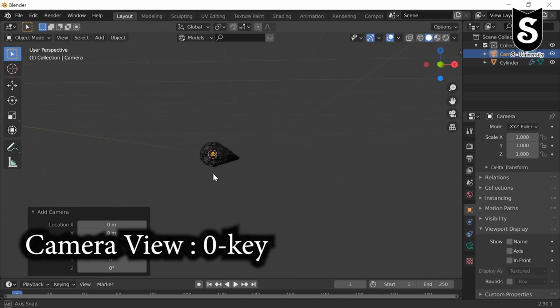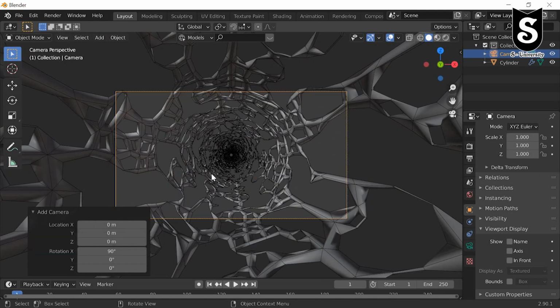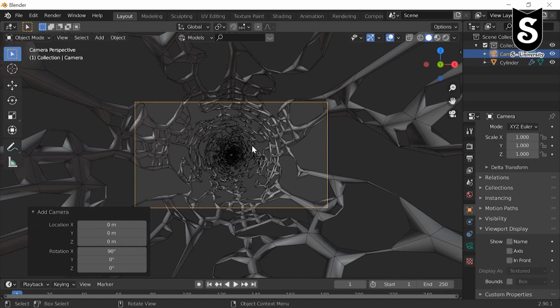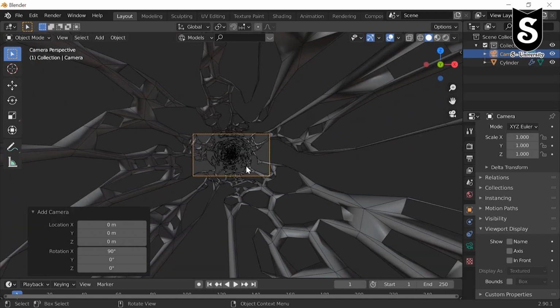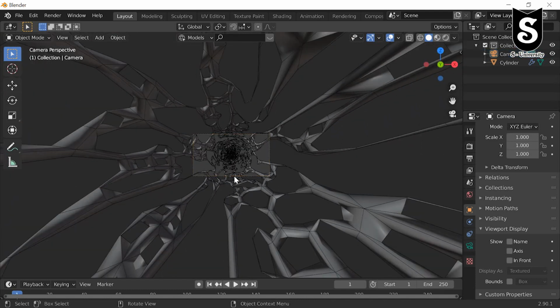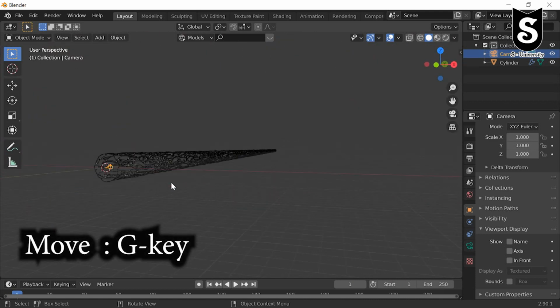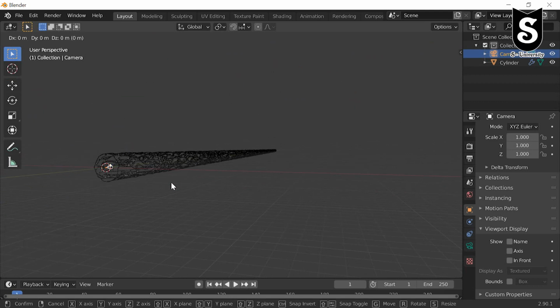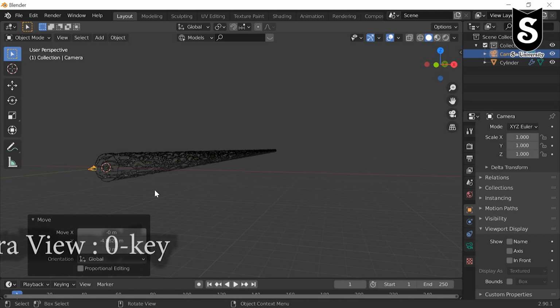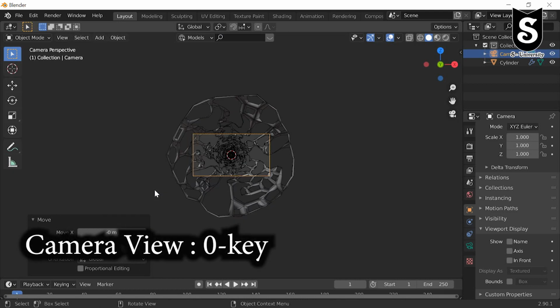Press 0 to see our camera view. Change the camera position as per requirement. Press G, Y to make it somewhat better. Press 0. It looks good.